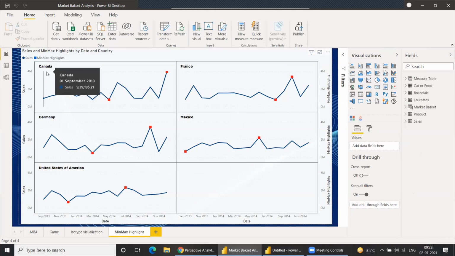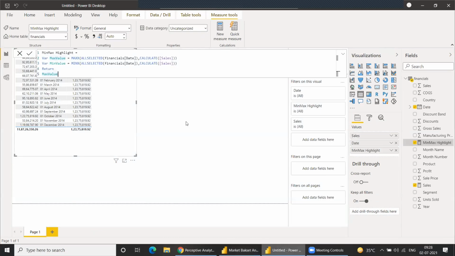So ALLSELECTED uses only those records that belong to Canada, instead of reading the complete file again. Understood. So ALLSELECTED creates only the table that is present in the visual, instead of giving you the complete table.